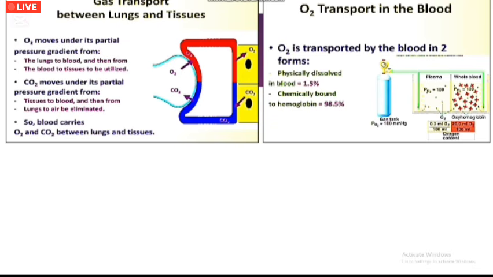Gas transport refers to the mechanism of how oxygen is transported from